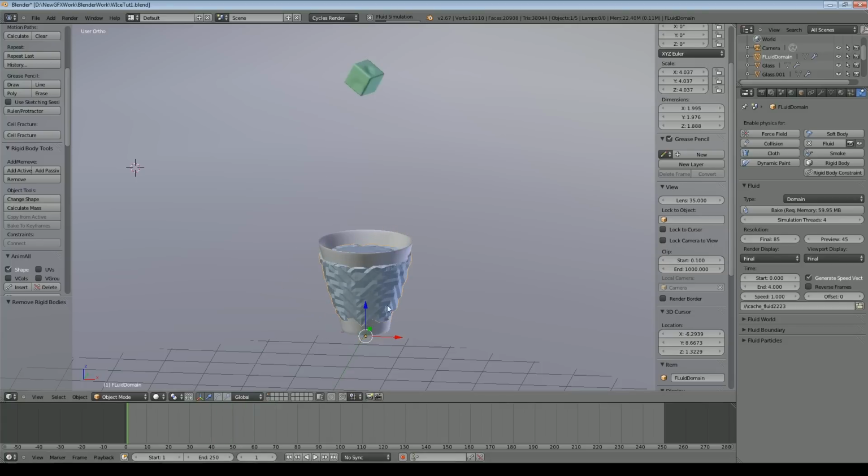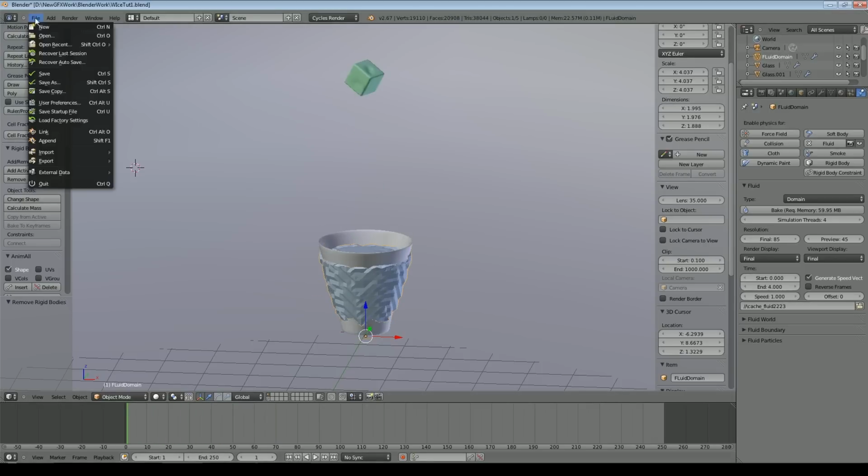And obviously in this case, because of the speed at which the ice cube is falling, it's not a particularly large splash, and obviously we can play with things like the viscosity of the liquid, the speed of the ice cube and so on, and it will certainly show a little bit more when we do it at a higher resolution. So I'll stop the baking there and let's just have a look at what we've got. So you can see the liquid does react now to the ice cube.